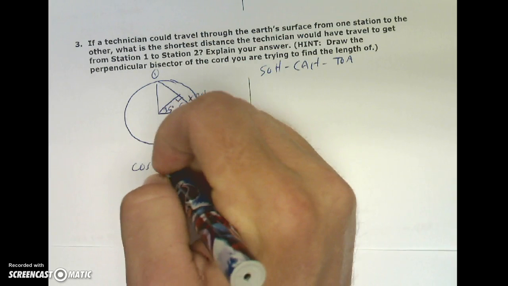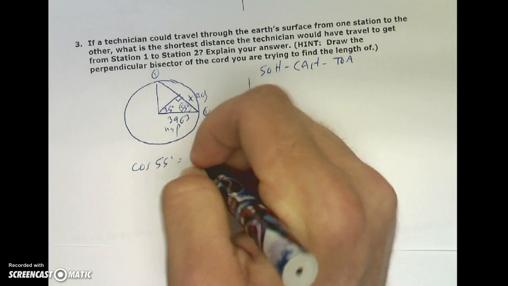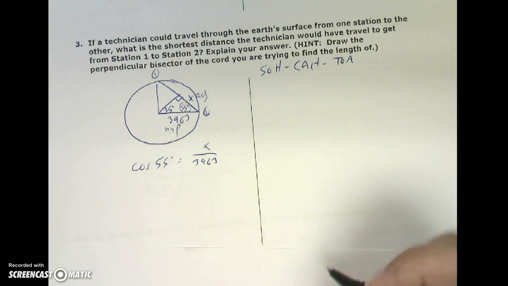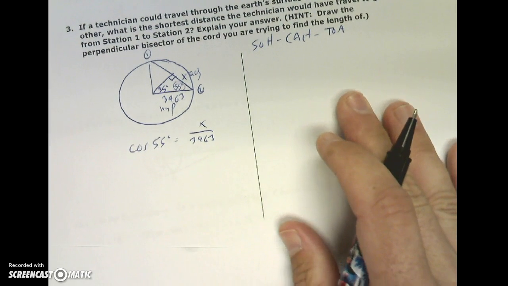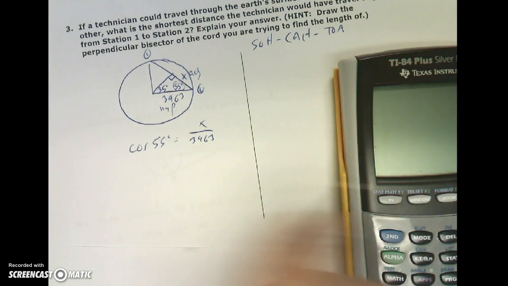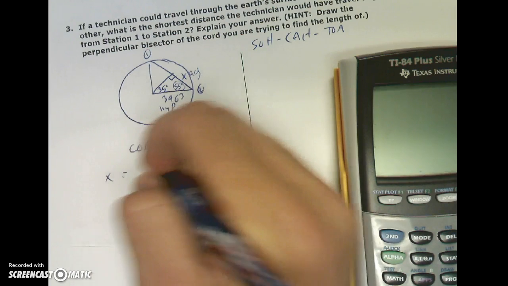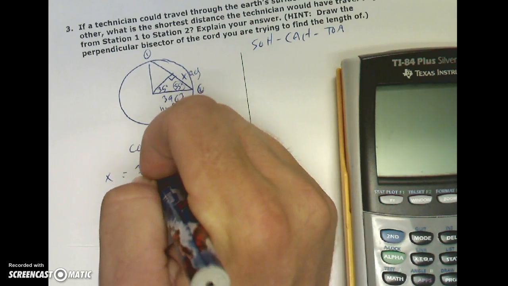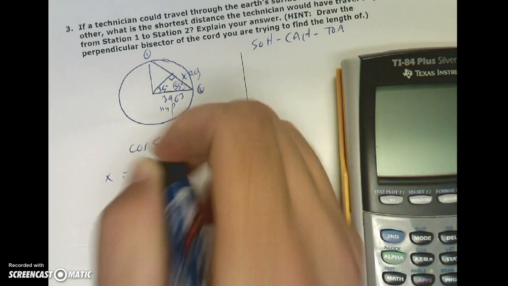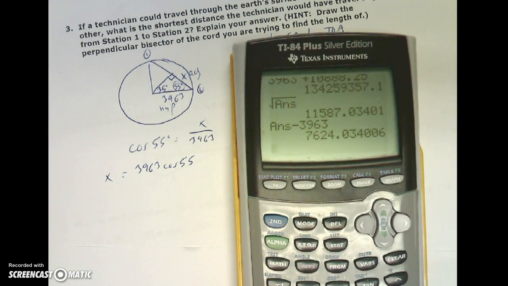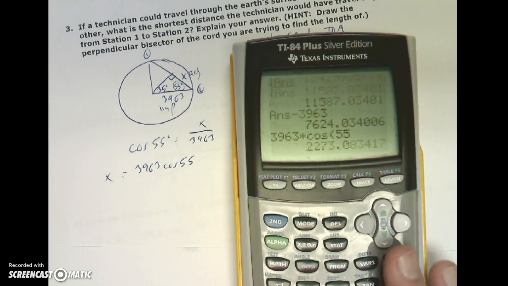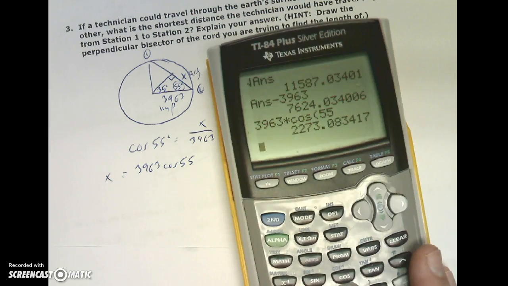So cosine of 55 degrees equals x over 3,963. Alrighty. I can just multiply both sides by that and get 3,963 cosine 55. So 3,963 times cosine 55. 2273.08